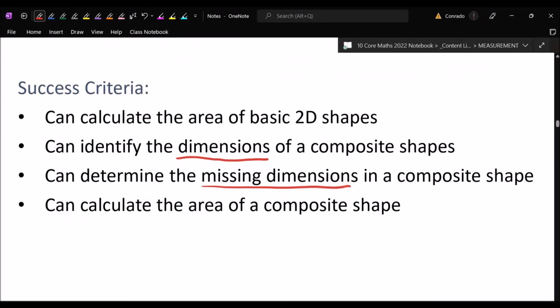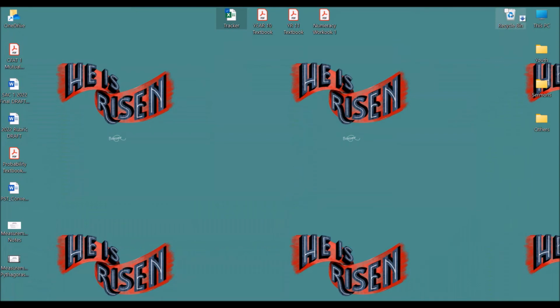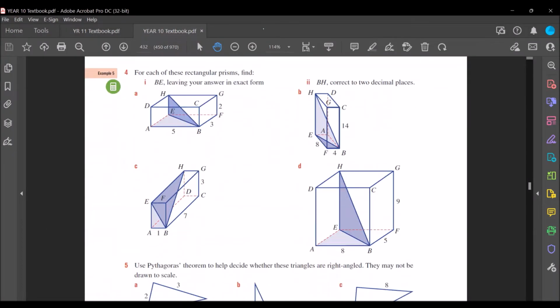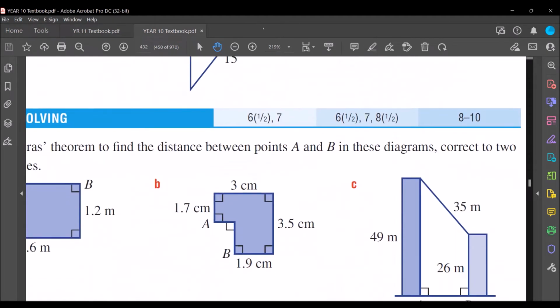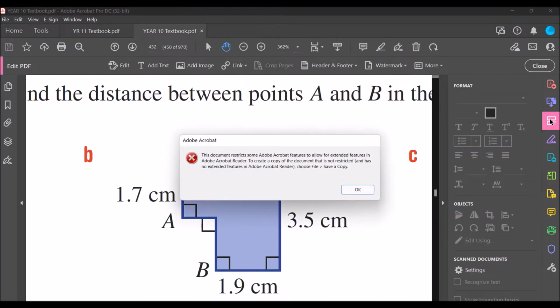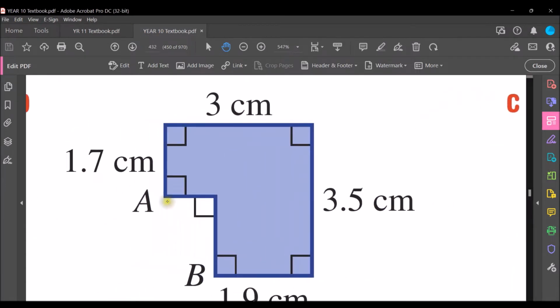And determine missing dimensions. You would have done a little bit of that in the previous chapter, 6B, finding the unknown lengths. I'll pull up a quick example. In 6B, when we looked at some of these triangles, some of you would have had to think about what the missing lengths in these shapes are. For example, if I try to find the unknown side lengths for this shape,